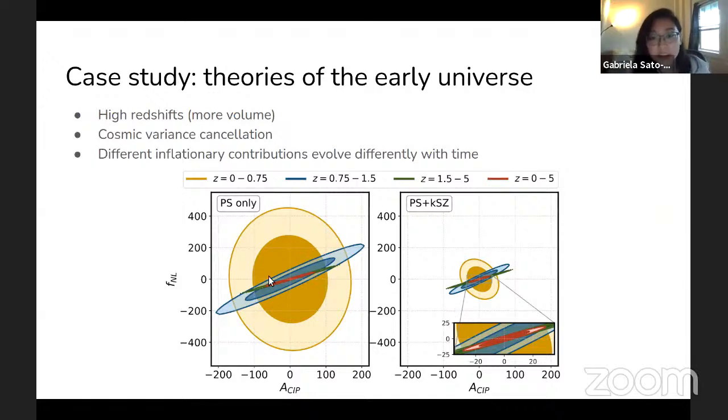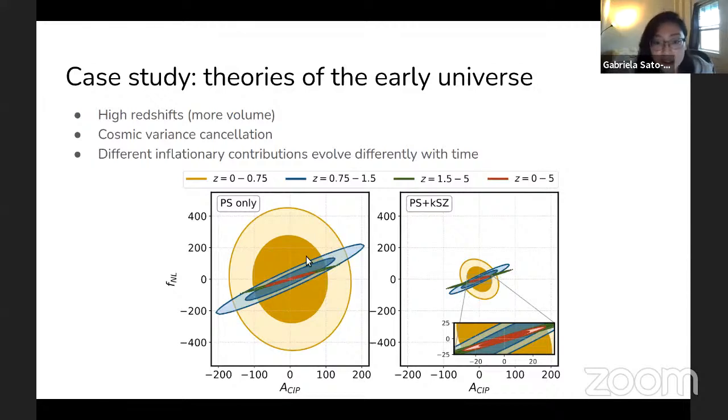So in this picture, you can see the results of a Fisher forecast. If we compare the left panel, which is with only a power spectrum measurement with a line intensity mapping experiment, with the panel on the right, which includes this clustering measurement in line intensity mapping with this reconstruction of the velocity with the CMB, the contours are about 3 times smaller, so we get about a 3-time improvement in these constraints.